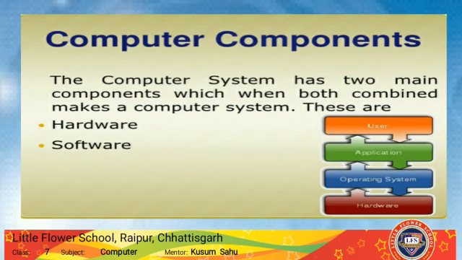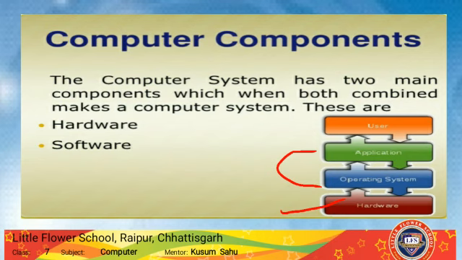They combine together to work on the computer. Means user has to give inputs, then process it with the help of some software, then give output on hardware devices. For example, the user gives input with the help of input device, then processes it on processing device, then gives output on